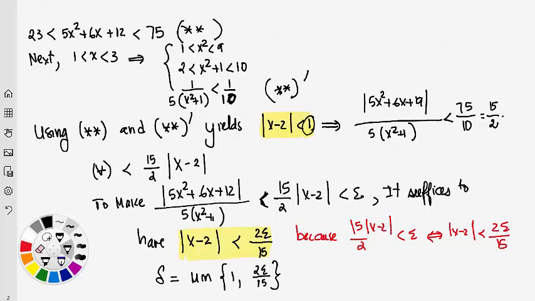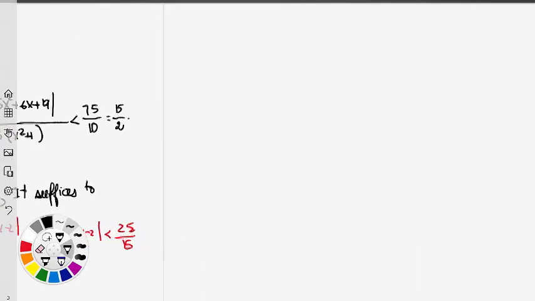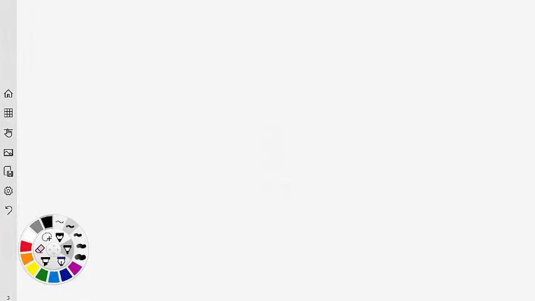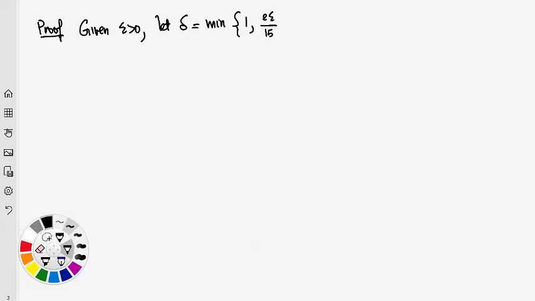All right, so that being said, then we can write our formal proof. Proof. Given epsilon a positive number, I will let delta, which is a function of epsilon, be the minimum of 1 and 2 epsilon over 15. Then